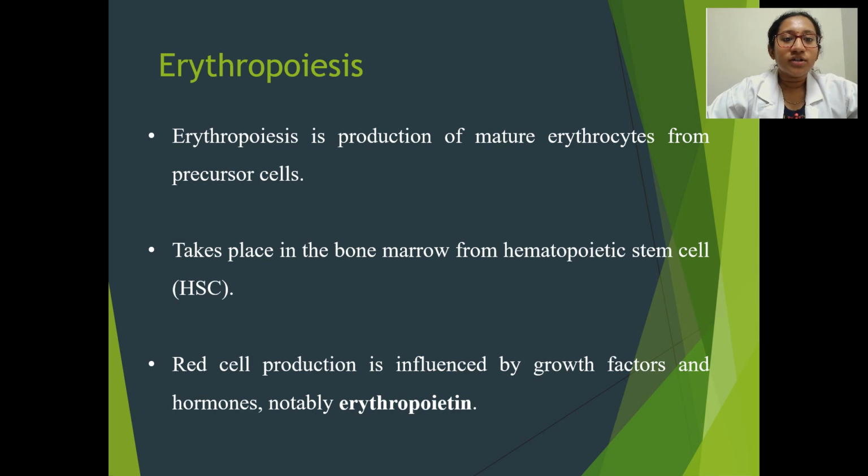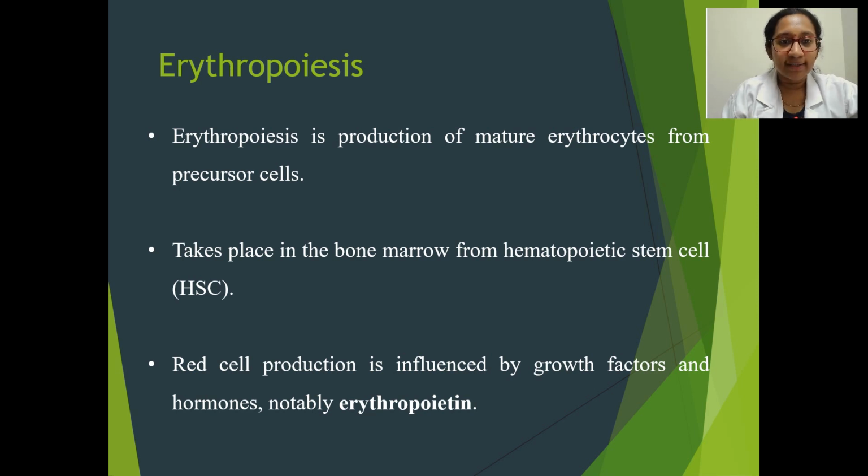This process of production of RBCs is called erythropoiesis. It is nothing but production of mature erythrocytes from the precursor cells. This happens in the bone marrow, and the precursor cells mainly are hematopoietic stem cells. And again, like I said, red cell production is influenced by growth factors and hormones, notably erythropoietin, which is